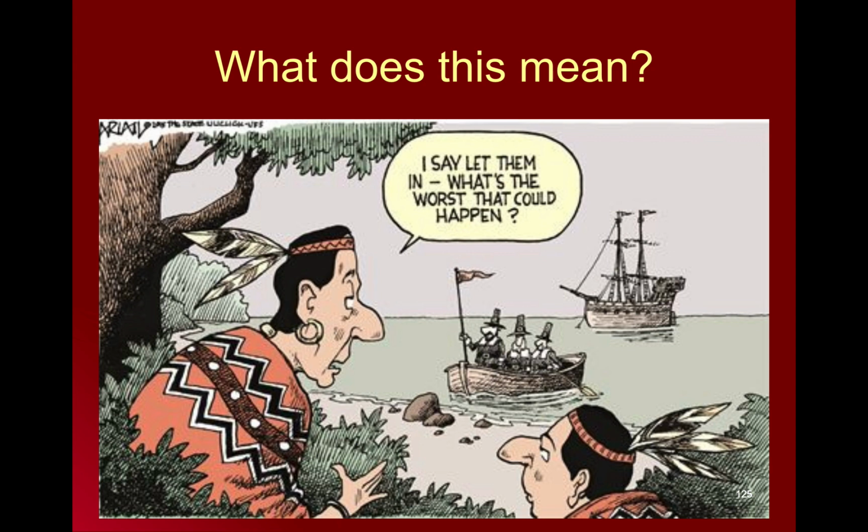And there's a couple of ways that you could interpret this. Either, what's the worst that could happen? I mean, when the European colonists came to the New World, they started wars with the Native American tribes. They stole their land. Lots of devastating things happened to indigenous people in the United States. So what's the worst that could happen? Oh, the worst probably did happen. And so some people use this to say, hey, with current immigration, really bad things can happen when you let